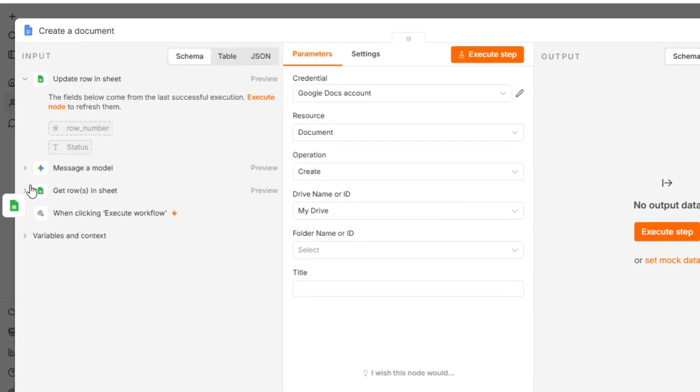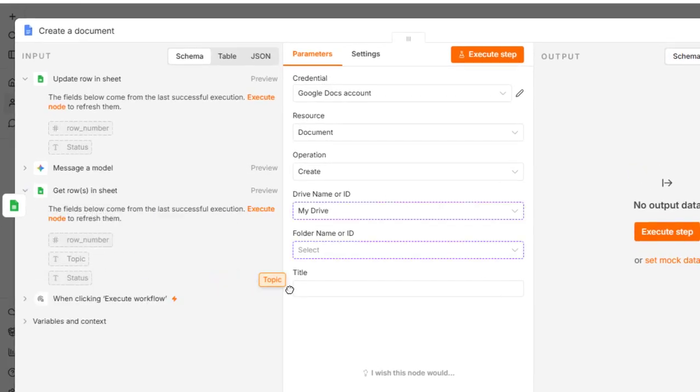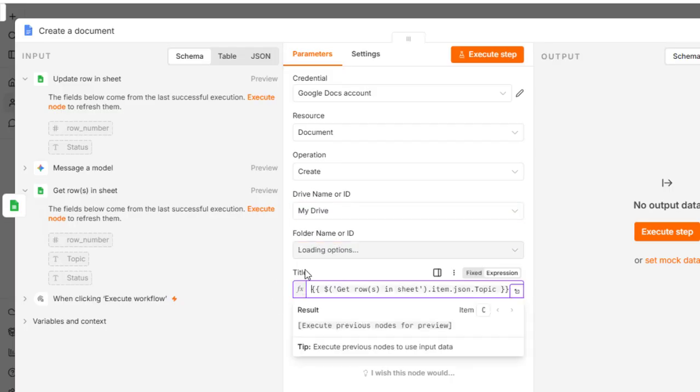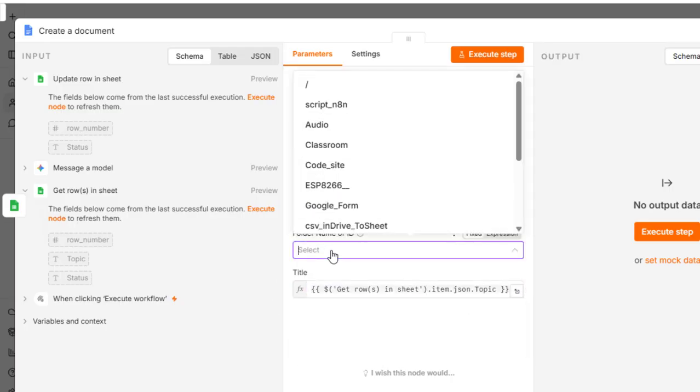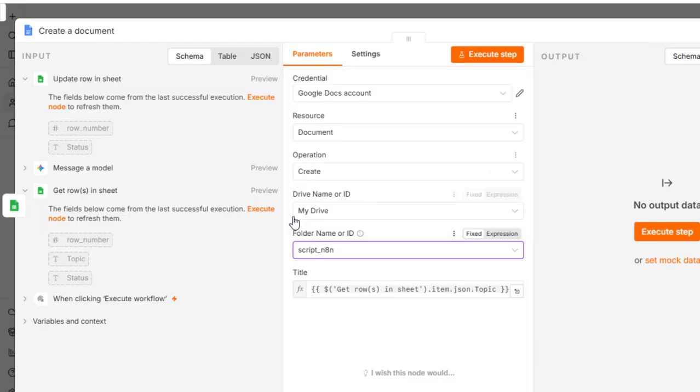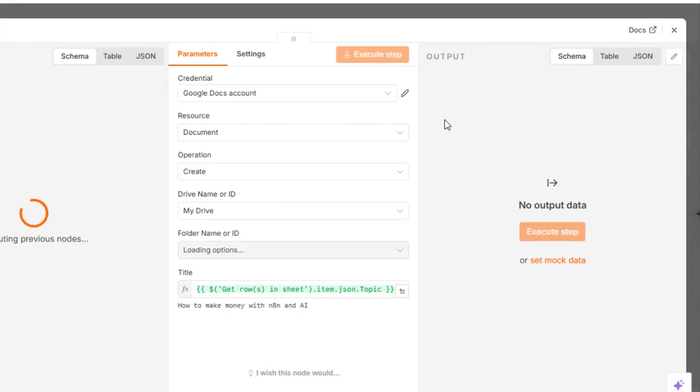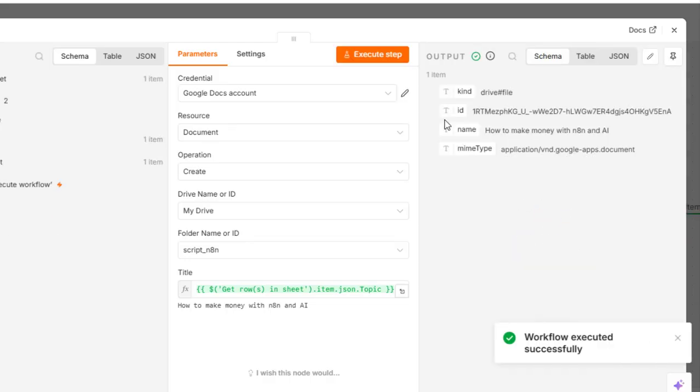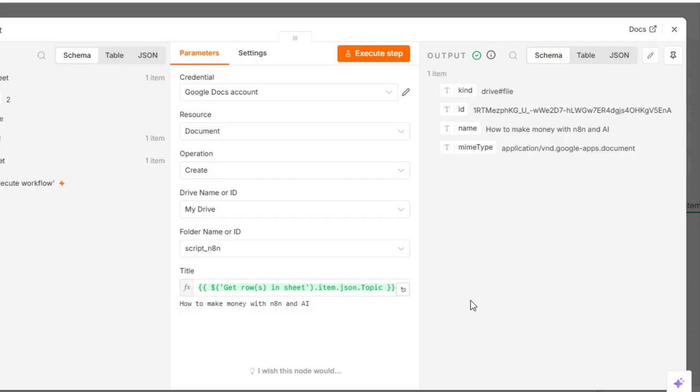First, drag and drop the topic variable into the title field. Next, under Folder, select script_N8N, that's the folder we created earlier in Google Drive. Now, just click that orange Execute Step button at the top right to create the document. Perfect. As you can see in the output on the right, our blank document is created and N8N gave us